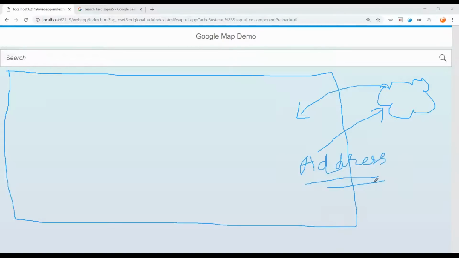You have to pass the object of your DOM. So anybody, which API do you use to get the HTML object of an element? If I want to get the HTML object of an element, which API will you use? To get an HTML object of an element, which API do we use? We use